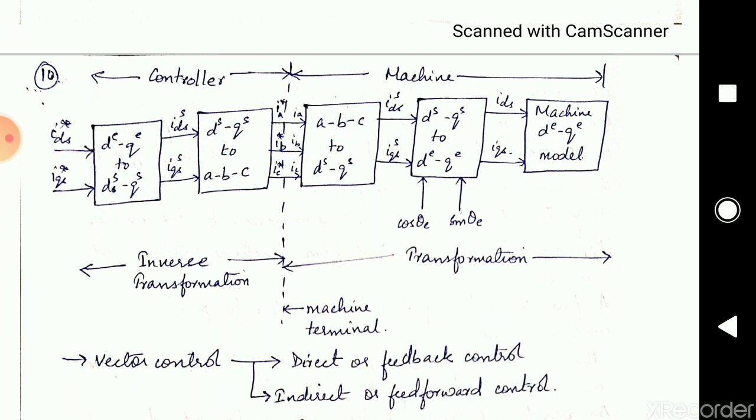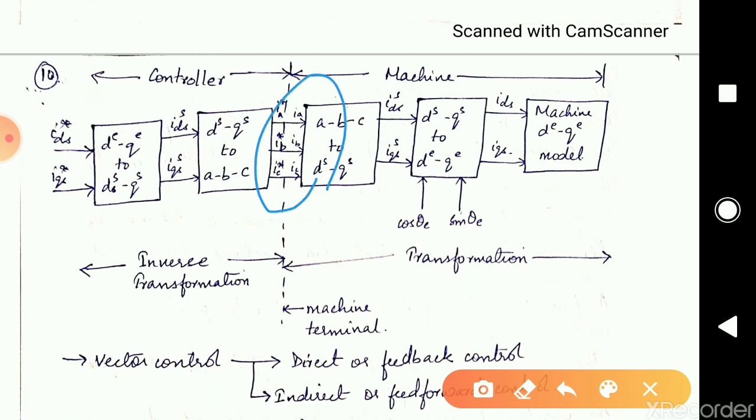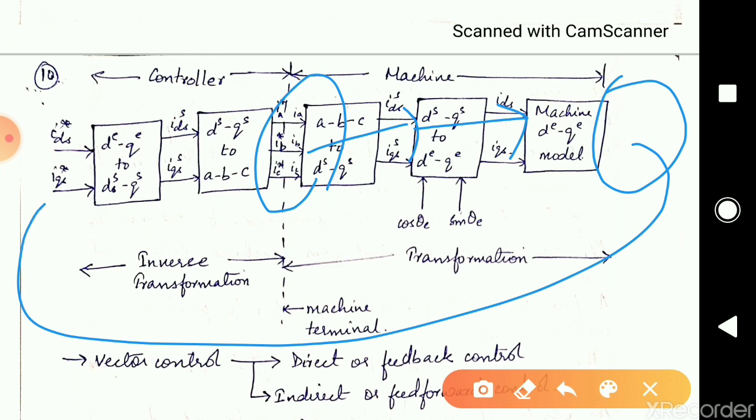Within the machine, what are we doing? We are giving the machine a three-phase supply. The machine uses the three-phase supply and it runs as usual. So what is happening within the machine? This is our mathematics we are using over here. The three-phase variables are converted to a two-phase stationary. The two-phase stationary is converted to a two-phase synchronously rotating frame, and correspondingly we are finally getting the output of the machine. This is all based on the simulation, and this output is sent back to the controller.